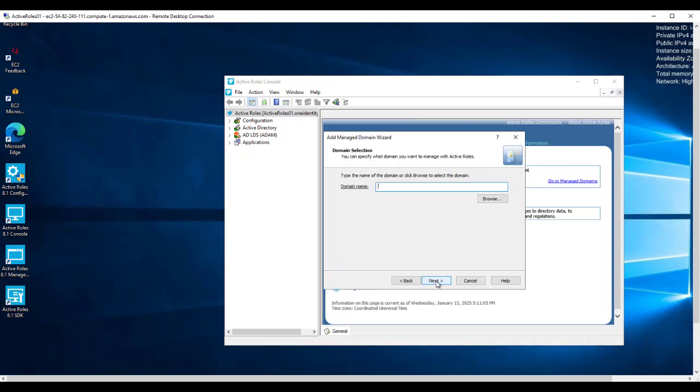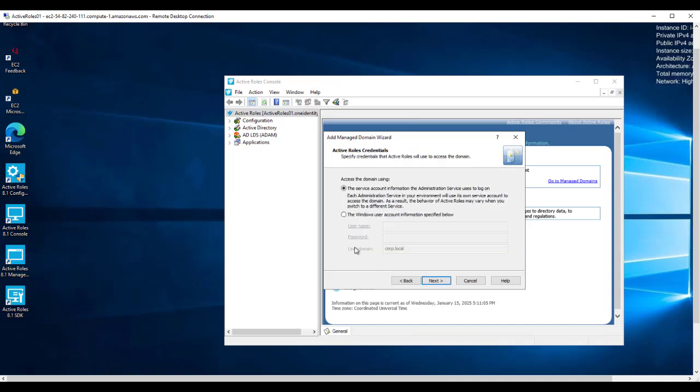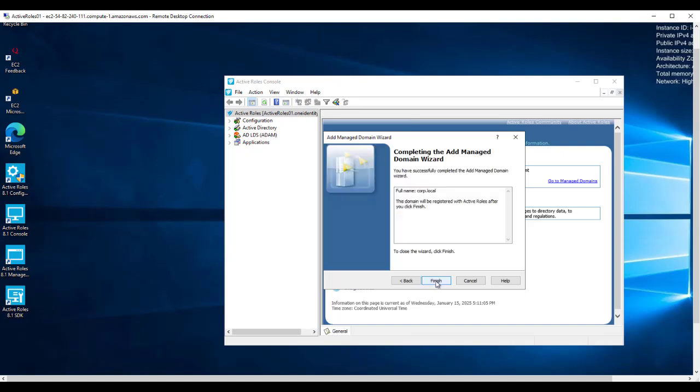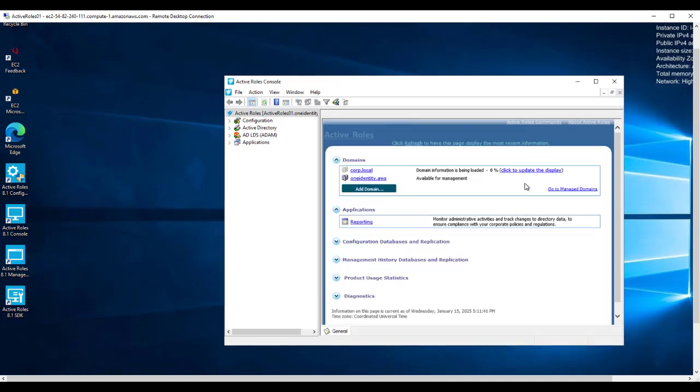This can be handled maybe via VPN connection, or there's a domain controller for your domain inside of your EC2 platform, which is the case here. So supply the necessary connection information. That domain can be connected to and also added as a managed domain in Active Roles.